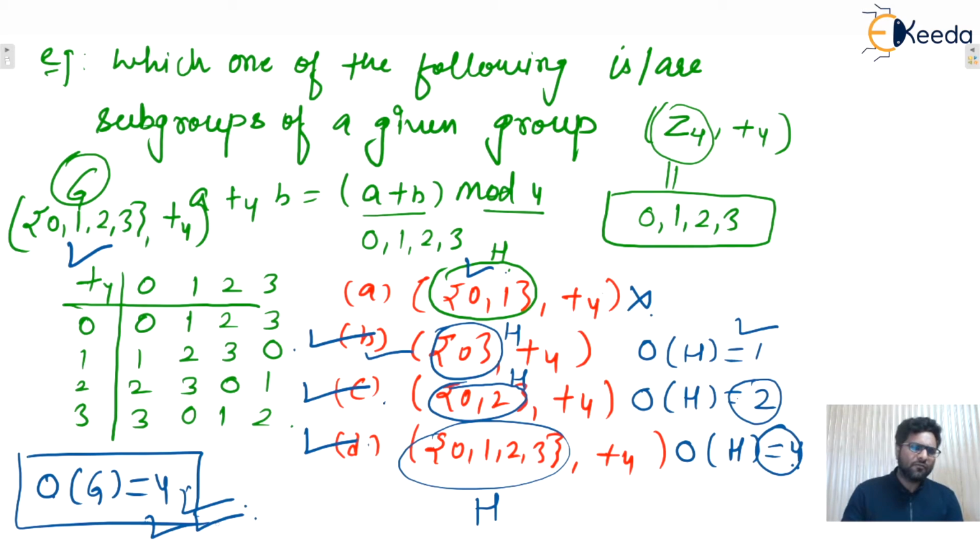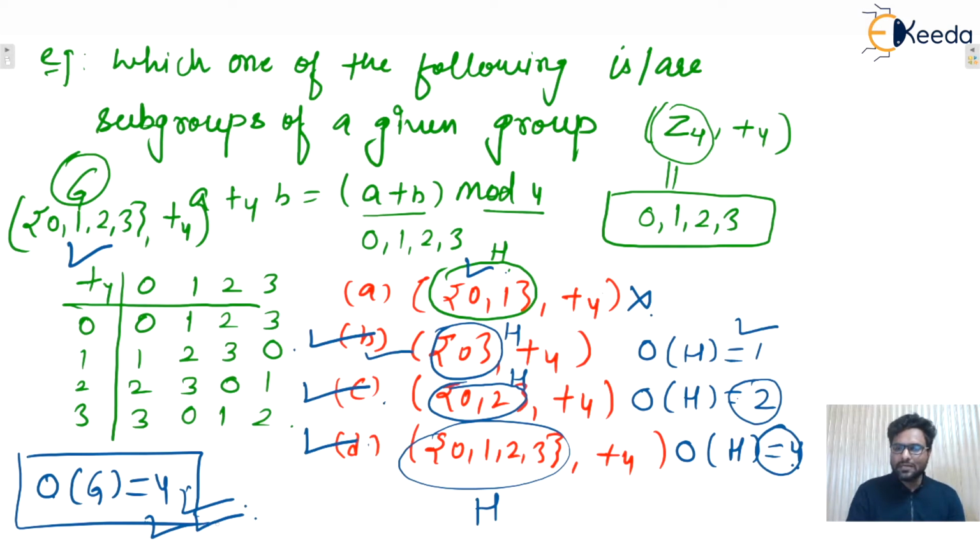So let's say, for example, one group is given to you that contains 10 elements. Various options are given, with different algebraic structures, and the question is which one is the correct subgroup of that given group. So the given group has 10 elements, and any subgroup will have an order that divides the order of the group, that is 10.